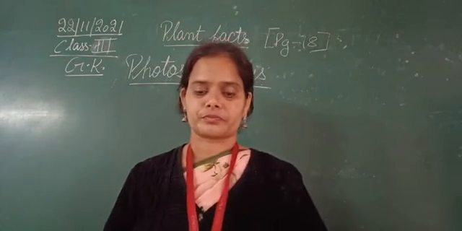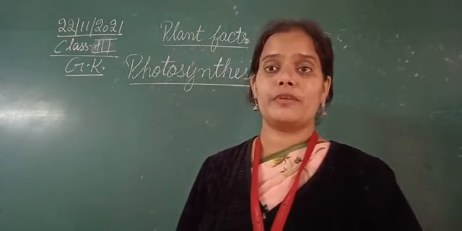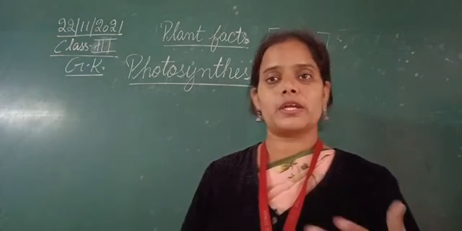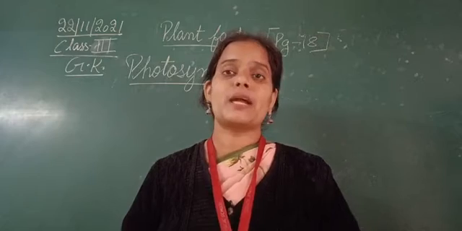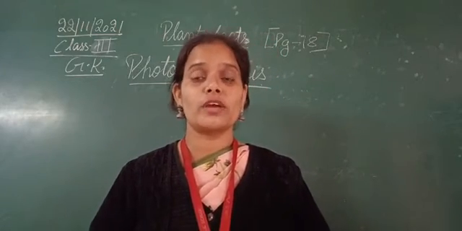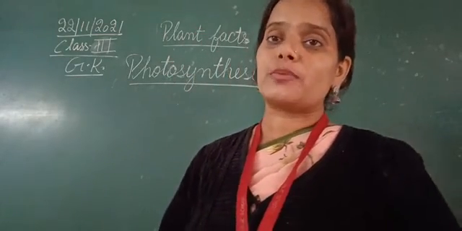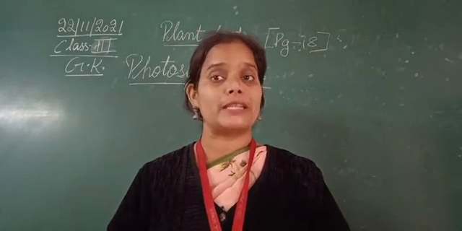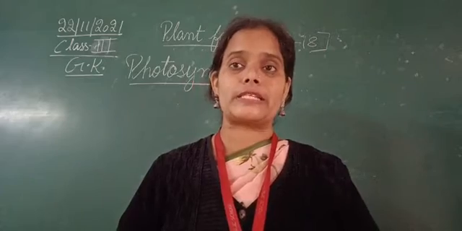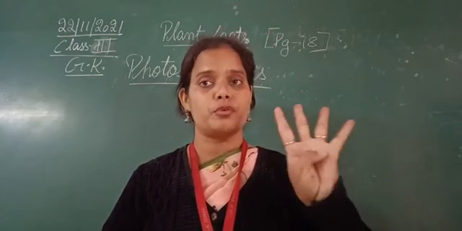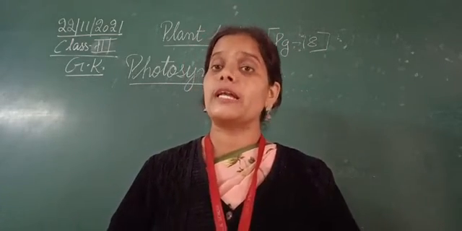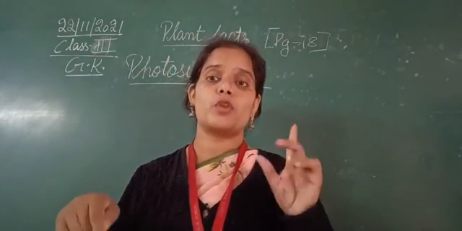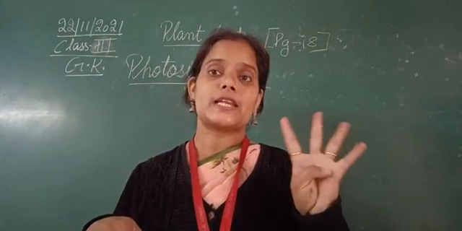Right? So when we feel hungry, what you do is you go and tell your mother, then mommy cooks for you. But the plant doesn't have a mother to cook, or a kitchen to cook their food. So that's why the plant cooks its food by itself. A plant or a tree always cooks its food by itself. They need four important things to prepare their food: water that they get from their roots, minerals, sunlight, and chlorophyll.